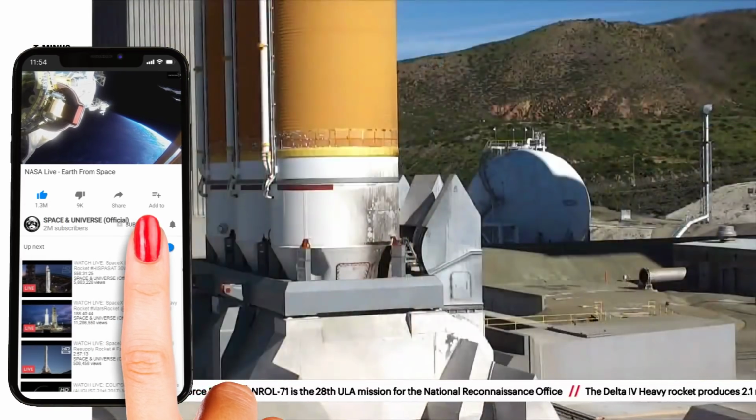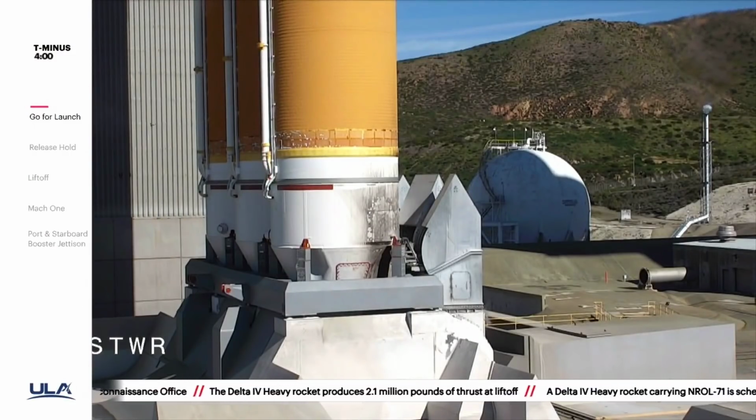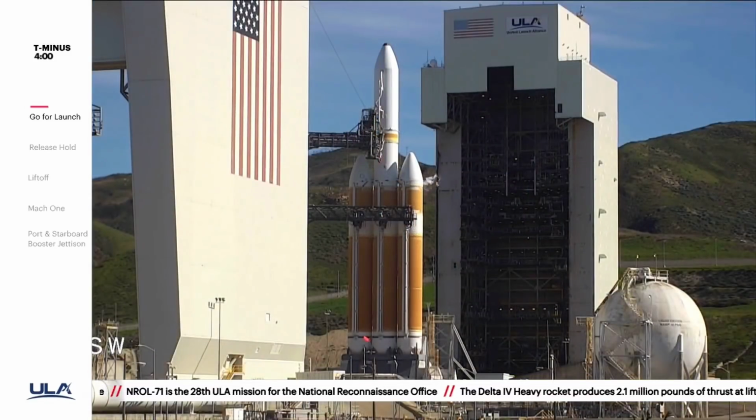Also at T-minus 3 minutes and 32 seconds, vehicle transfer from ground facility power to its own internal battery power will be complete. At T-minus 3 minutes, the vehicle ordnance system will be armed, and CBC liquid oxygen and liquid hydrogen propellant tanks are verified to be at flight pressure and flight level. At 2 minutes prior to liftoff, the team will verify that the hydraulic system is pressurized and confirm CBC, DCSS, and FTS battery voltages. At T-minus 1 minute and 20 seconds, the team will begin securing the second stage liquid